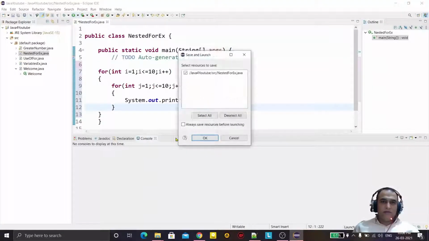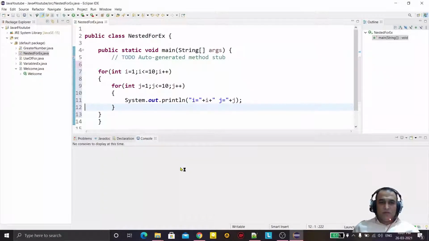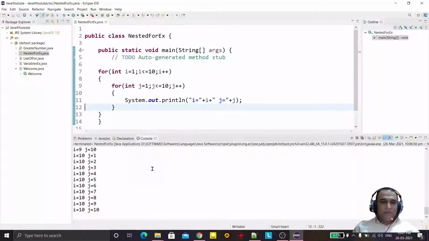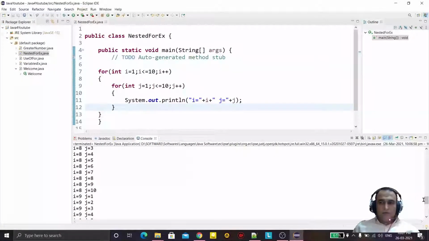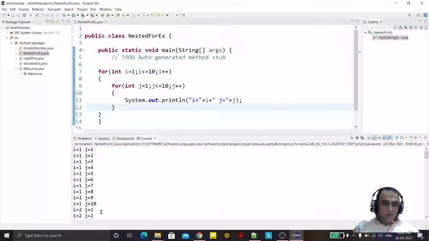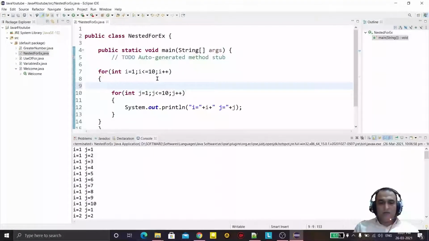If I run it, you see it will display the value like this. You see i is equal to 1, then the value of j like this, then i equal to 2, then again repeat. We can also change the print value like this.